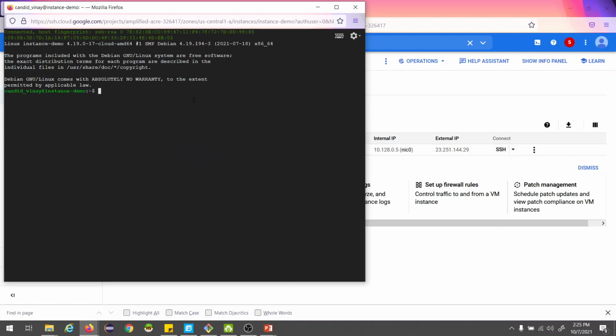Okay, now it is up. Let me write one command, pwd, to see whether it is up. Yes, it is up and working fine. You can see this is the working directory, this is my username, candy.vinay, and this is the name of the instance, demo. So I think we are done with this demo. In the following sections, we will have more detailed discussions about the machine type, the machine family, and the various options by using which you can configure your VMs.